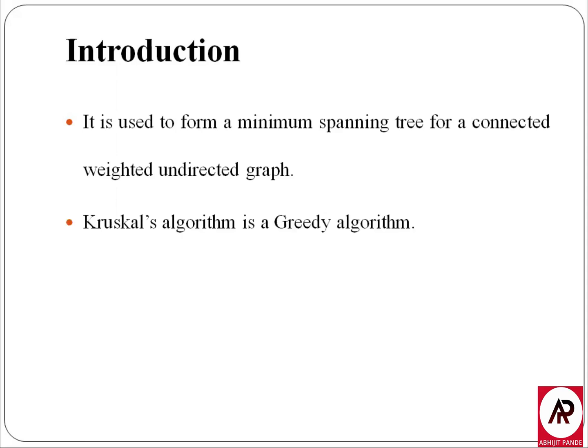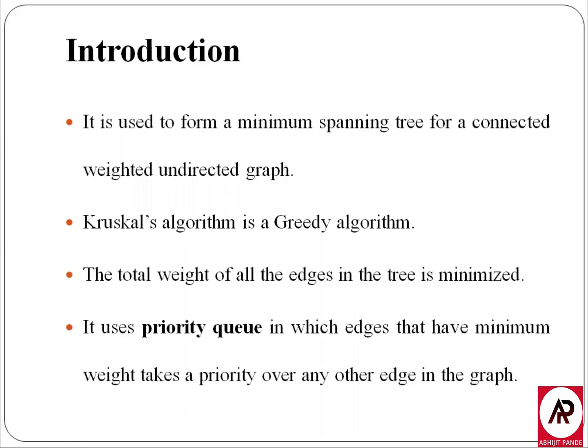Like Prim's algorithm, it is also based on a greedy strategy, in which we select the solution which we find best at a particular moment in order to get a final solution, that is, a global solution. The most important point about the Kruskal algorithm is it uses a priority queue. The priority queue is a queue in which the elements are arranged according to their priority. In Kruskal's algorithm, the edges are arranged according to the increasing order of their weights and then stored in a queue. That's why it is called a priority queue.